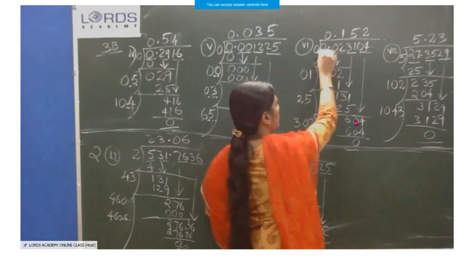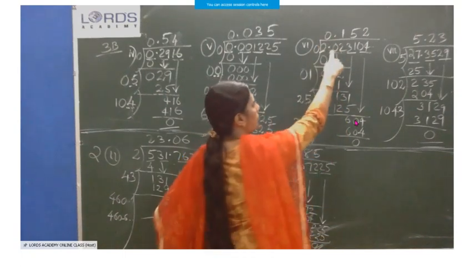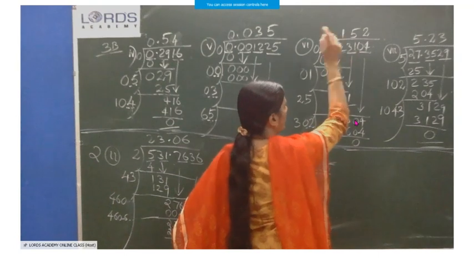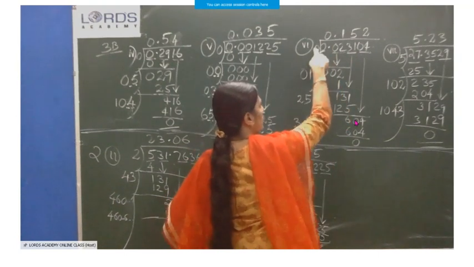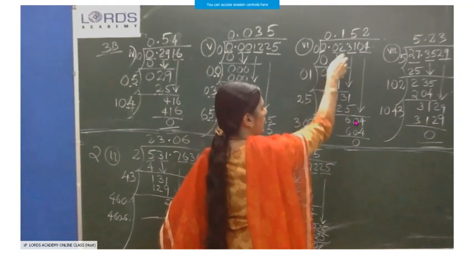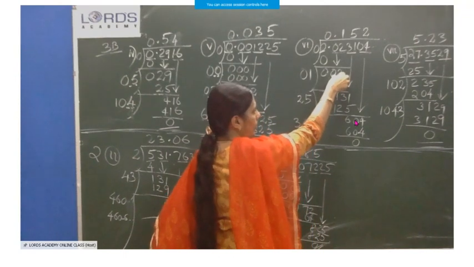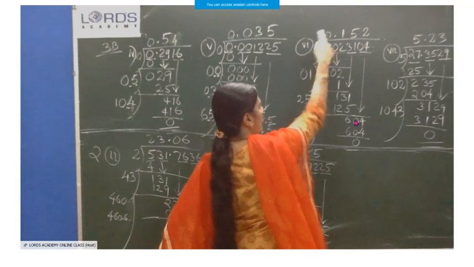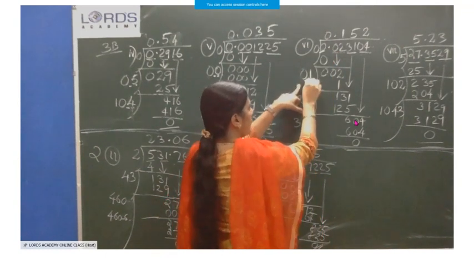0, 2 in one group, the 0 alone. 0, 2 in one group, 3, 1 in one group, 0, 4 in one group. Then in the 0, 0 into 0, 0, subtraction 0. Then this 0, 2 I brought down. What's the new divisor? Here it is 0. It's double again 0. Then we have to find one more digit.